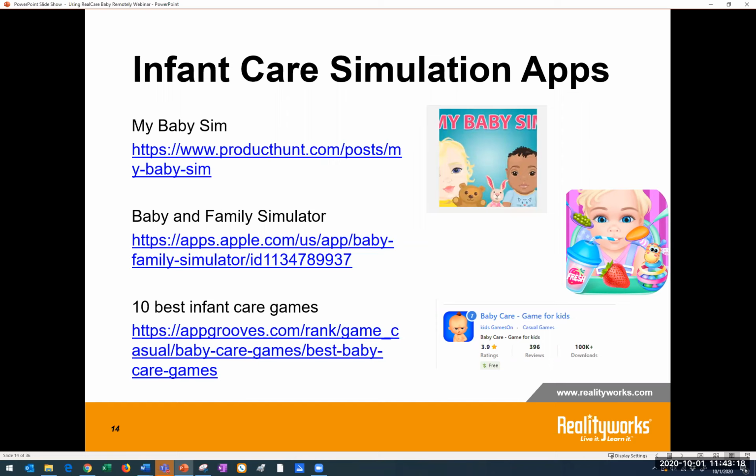I'm just trying to think outside the box and throw some things at you that might be worth considering. So you could teach, again, that lesson content from the RealCare curricula, but when you get to that simulation lesson, if you don't have RealCare Baby, you might be able to use one of these infant simulation apps for that simulation experience. So the first link and the second link are just a couple of apps, and there's several out